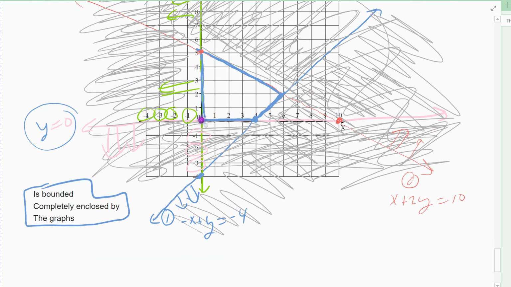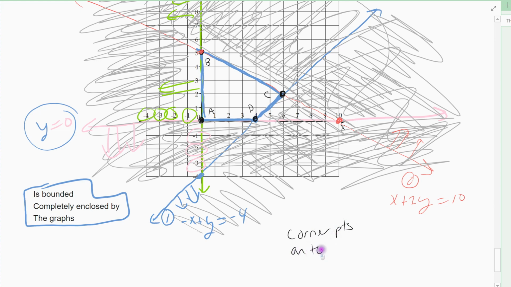There's a point here that's a corner point. I'm going to call it A. There's a point here that's a corner point. I'm going to call it B. There's a point here. I'm going to call it C, and there's a point there, D. Right? In order to be a corner point,